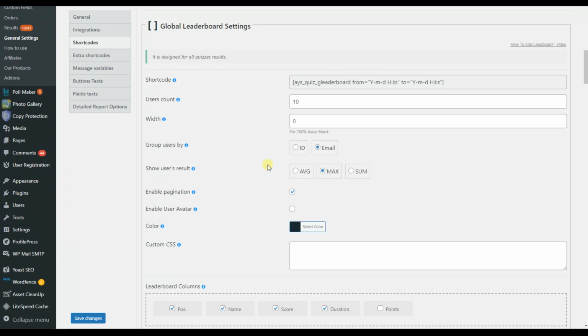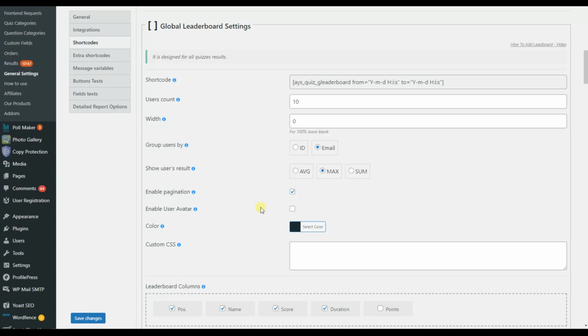You need to pay attention to the fact that the sum way of grouping results doesn't work with the score table column. The global leaderboard settings shortcode works for all quizzes' results, like it is not designed for just one quiz but shows all quizzes' results. Here there is no need to insert the quiz ID as there are lots of quizzes. Here we can just specify the from and to parts, like the start date for the leaderboard and the end date. All we need to do is just to copy the shortcode